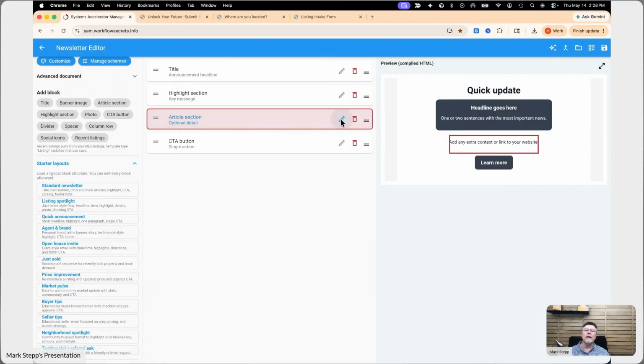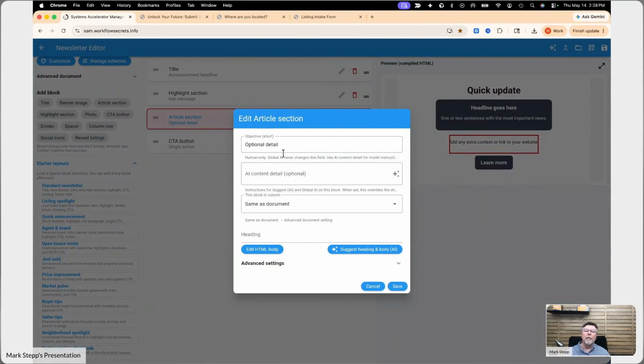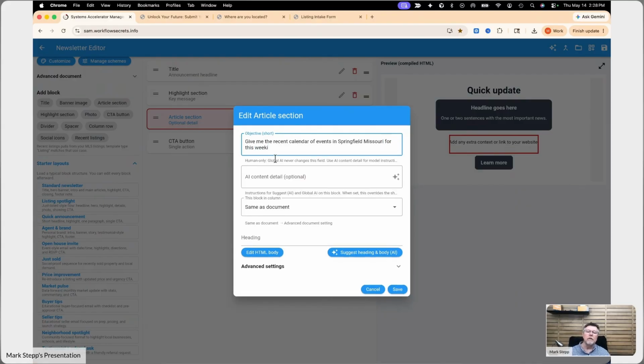So I could come in here and say, the optional detail on this might be something like, give me the recent calendar of events in Springfield, Missouri, for this week. I don't know. And then